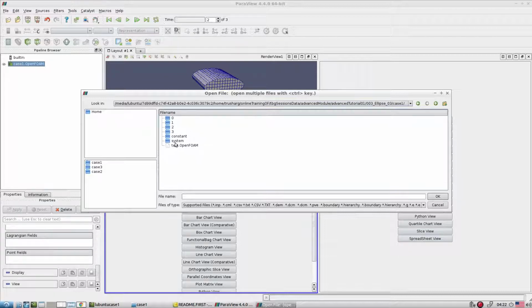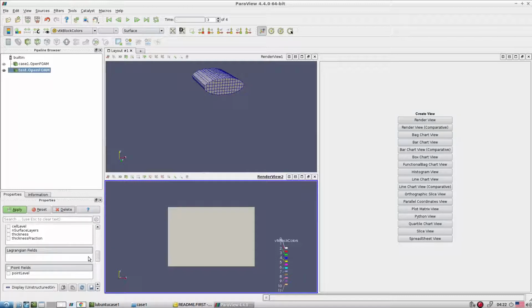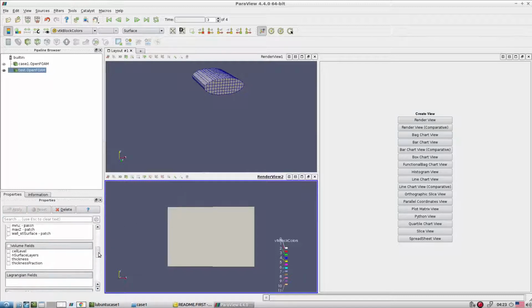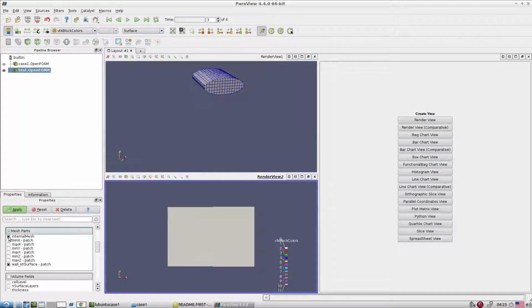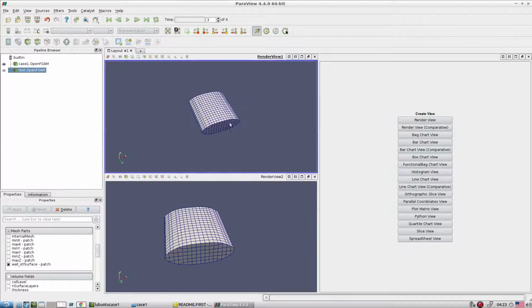Case number 1, go to the last entry. I want only the surface. Okay, so surface wise we have the same mesh, but there are a few differences.